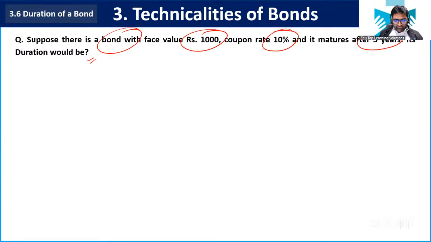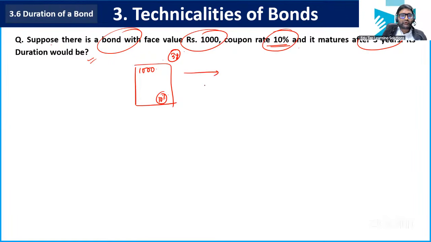So what do we do in duration? The method we use to calculate this duration is that we just see what the different cash flows are. Tell me, what is this bond all about? 1000 rupees, 10% interest, the coupon rate over here is 10%, and the time period is 3 years. Based upon this, can you tell me what cash flows we are going to get